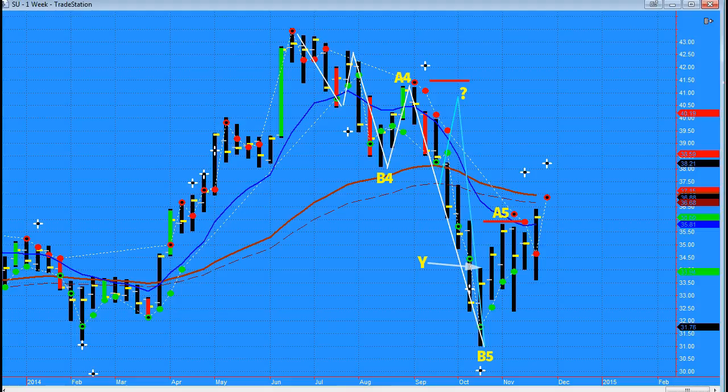a sharp counter trend rally, because in bear markets, rallies can be very sharp. That's very typical. After the decline from A4 to B5, those shorts have large open profits and may book some of those profits. However, if they are trying to stay short with the trend, then even at B5, based on swing analysis, the stop should not be lowered until a new lower swing top is defined.